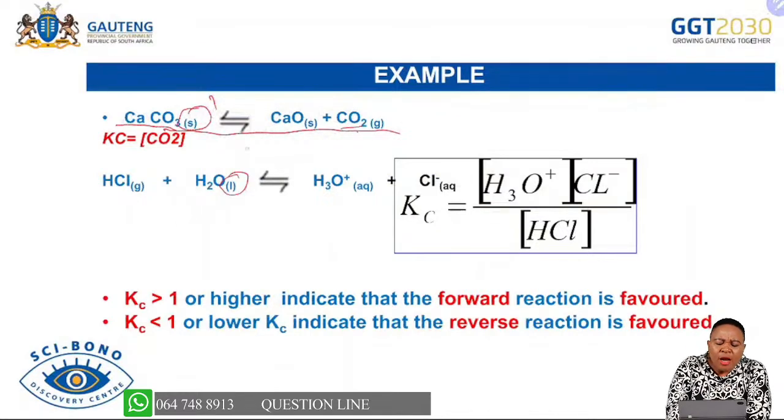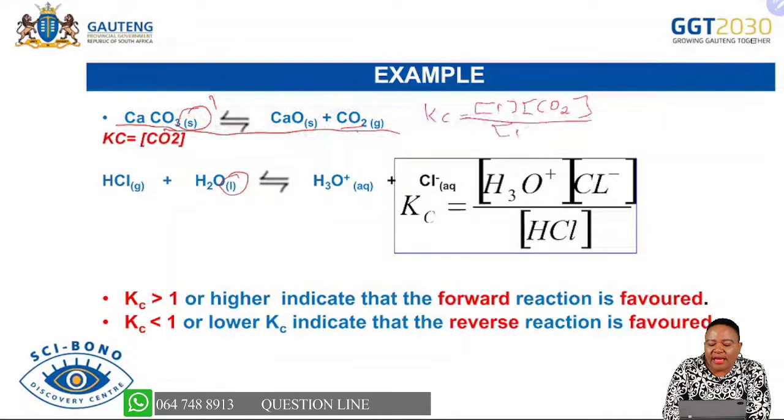So when we have to express this reaction using the Kc expression, we know that this is our reactant and these two are our products. So you can see it's going to be our product concentration over our reactant. That is why, when you look at it, our solid we know is 1. So it's the same as if the concentration of this one is 1, multiplied by the concentration of carbon dioxide, divided by